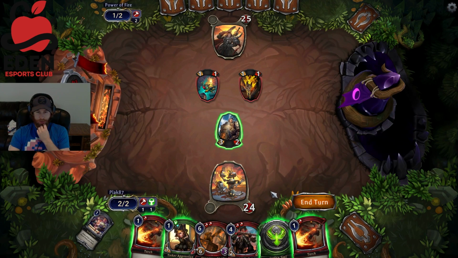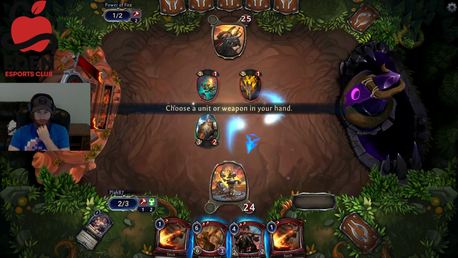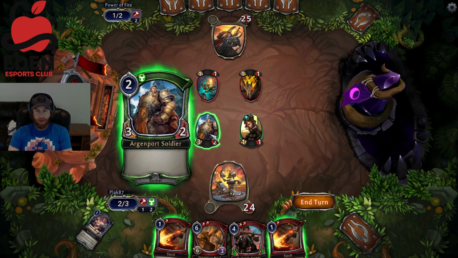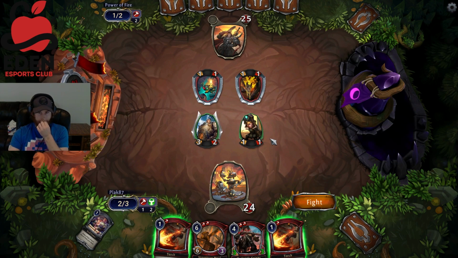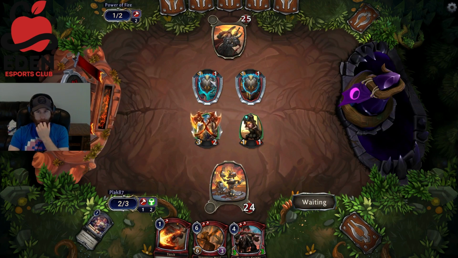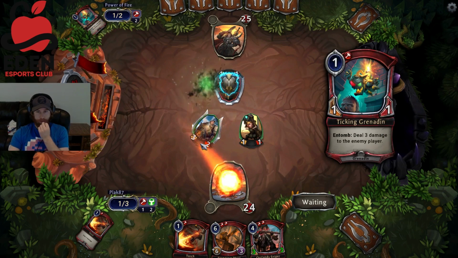Alright, so second torch. So we're going to play this. We're going to want to give the sniper +2/+2. I think we want to attack and then have both of these guys get killed. Yeah. And technically we could actually ping one off. We're going to ping one off too. So we actually get to kill this guy and keep this guy. We'll take the 3 damage